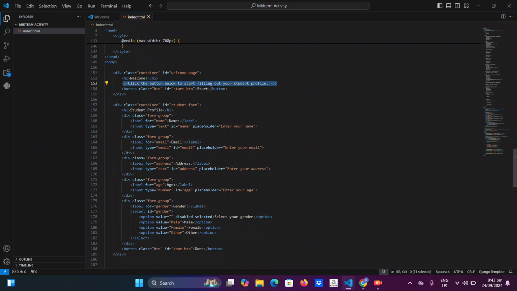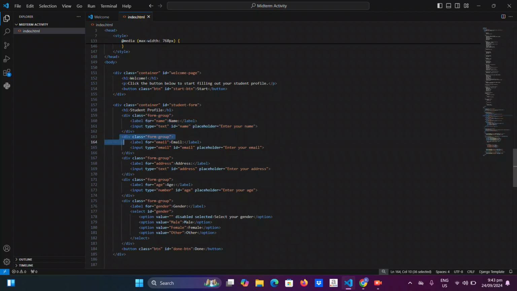So for the container of the student form, it has the student profile header, and also it has the name where the student needs the information, where the system needs the user's information.